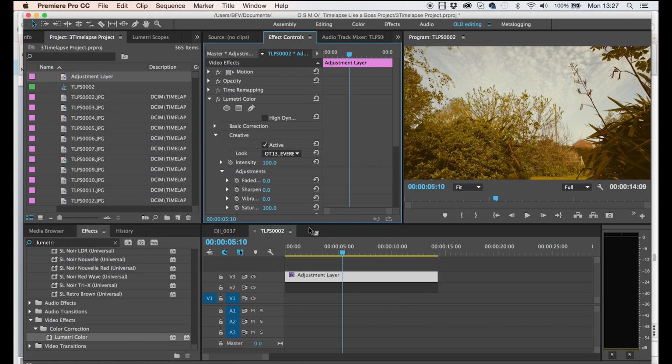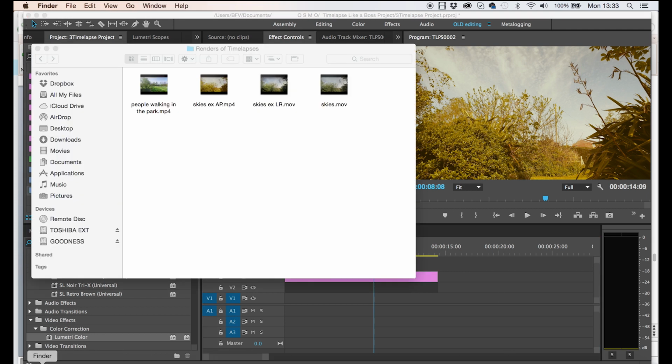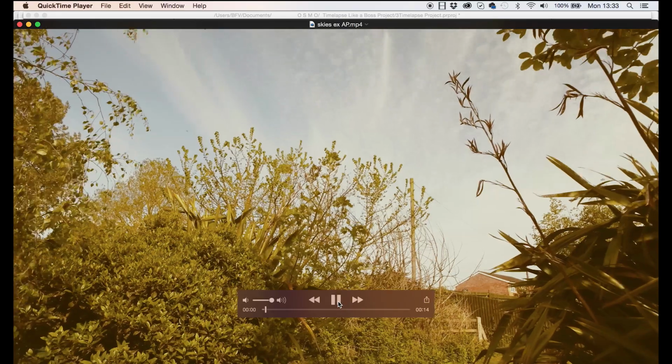And that's kind of the effect. All that is left for me to do is to render the file. Okay, now that's done. Now if we go into our folder, we see there's a brand new file here, SkiesXAP. If we just play that back,